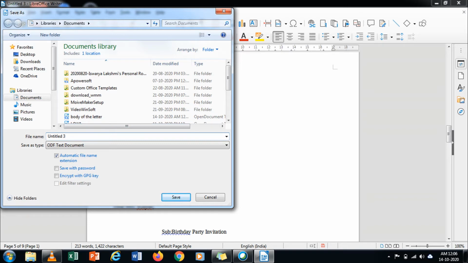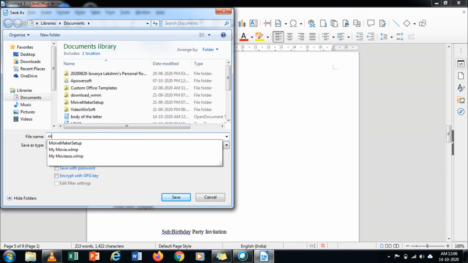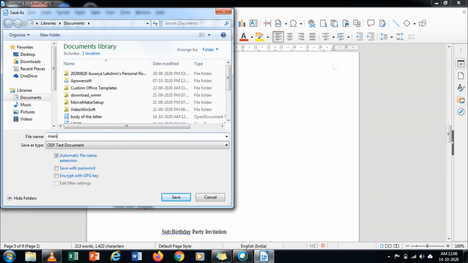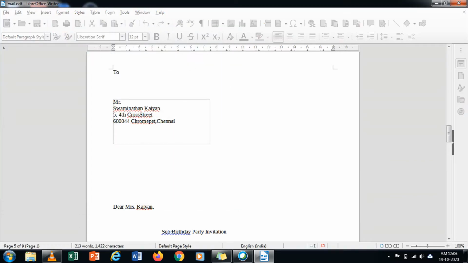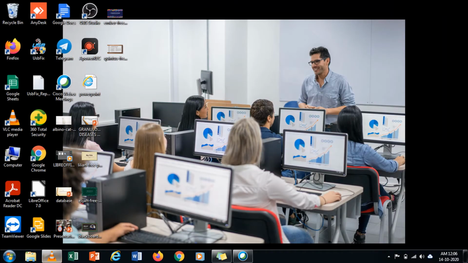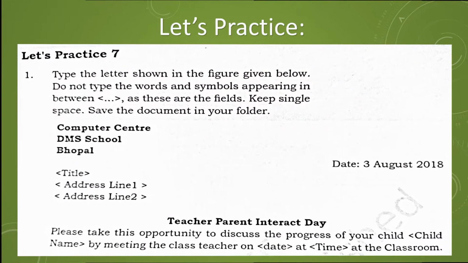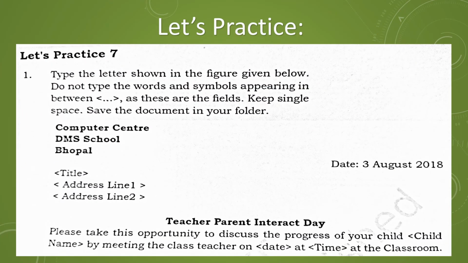Merge the two documents. I already told, it is already saved in Untitled 3. Now we are giving the file name as mail. Like this you can give and save your document.